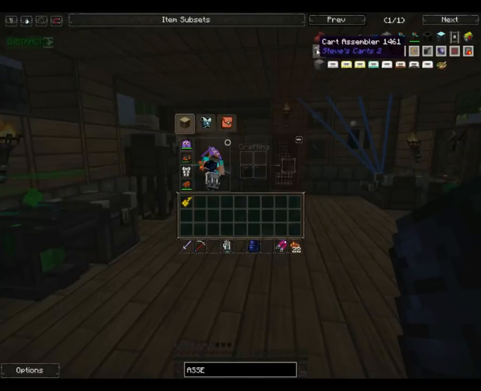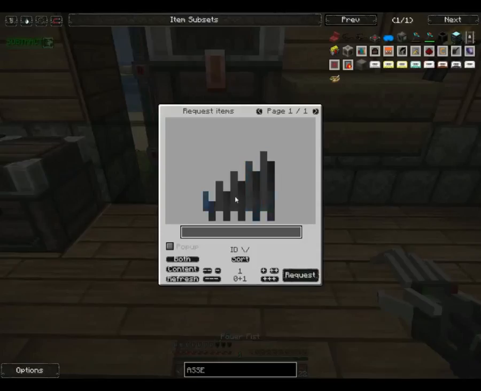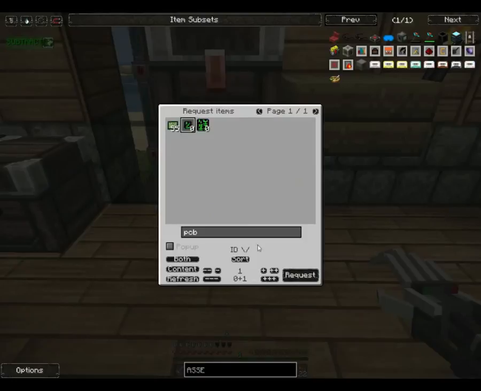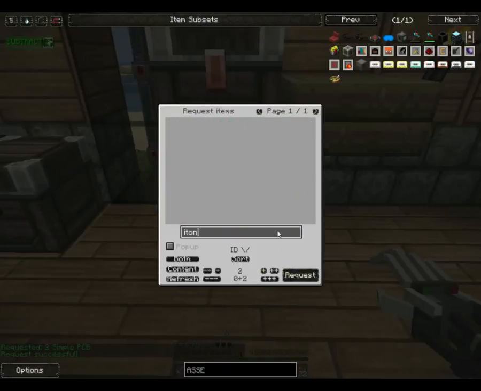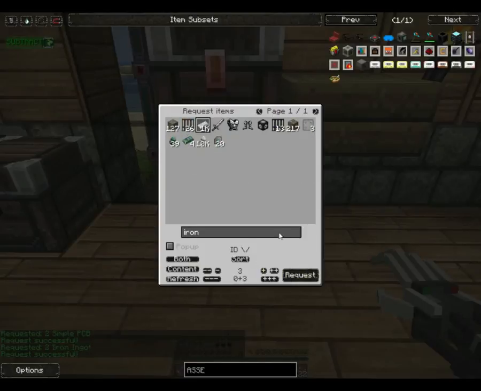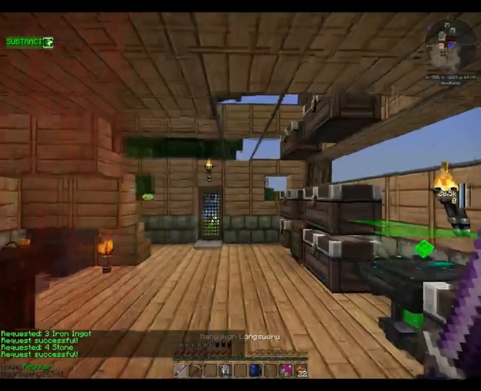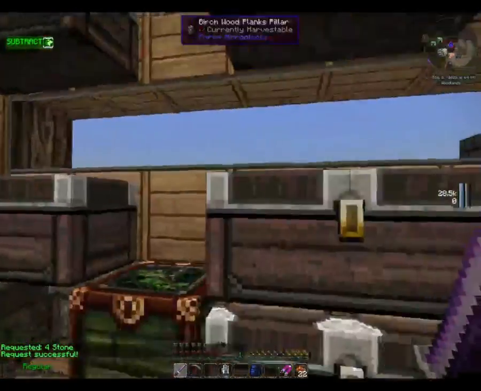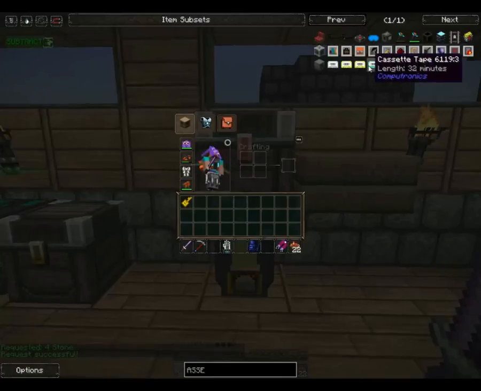There we go. So cart assembler. It's actually pretty simple. It's 4 stone, 3 iron, 2 PCBs. PCB, give me 2. Iron? Really? Okay. And stone. I also attempted to make a vacuum chest and then plug it into my sugarcane farm, and it just doesn't have the reach for a farm that size. What I'm hoping to be able to do is...